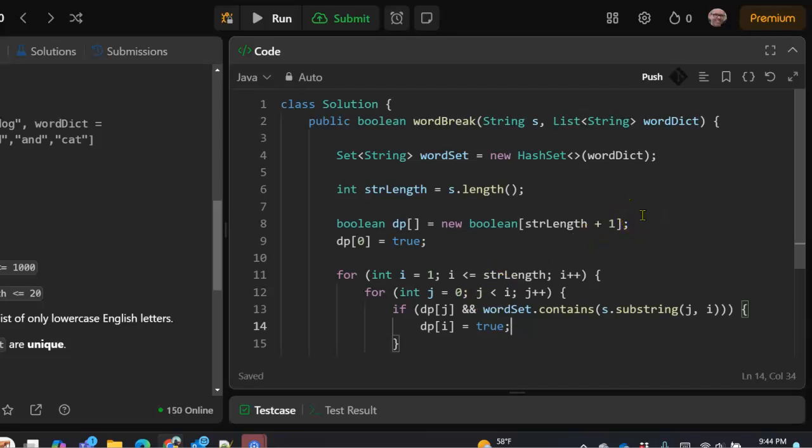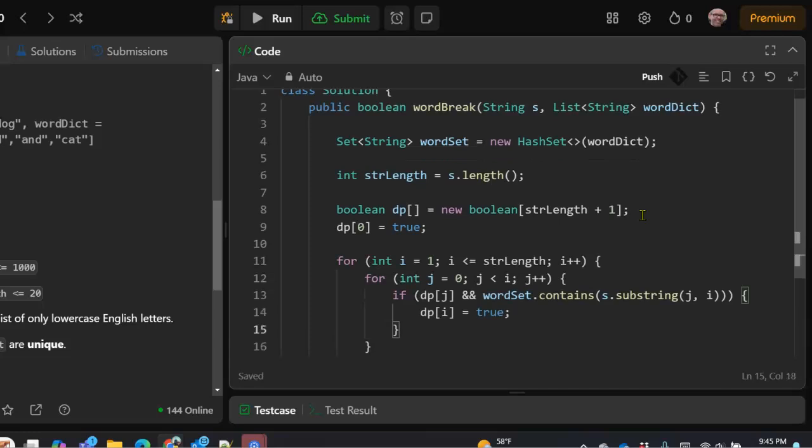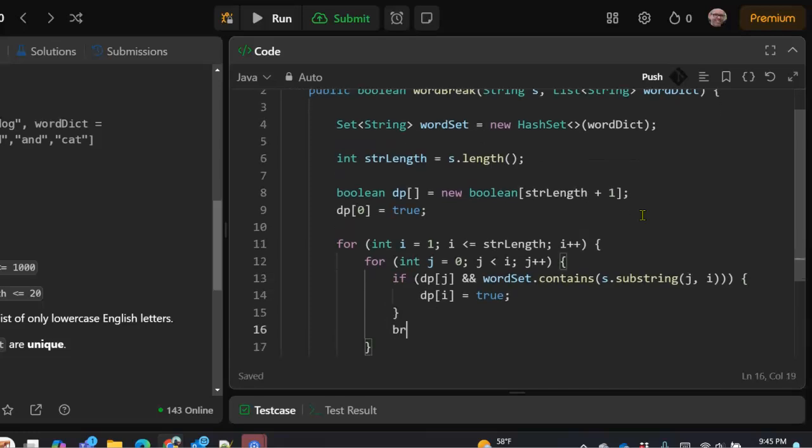So if we can split the string up to index j, and the substring from index j to index i is in the word set, then that means we can split the string up to index i. So we'll set dp i to true, and we'll break out of the loop since we found a valid breakpoint.